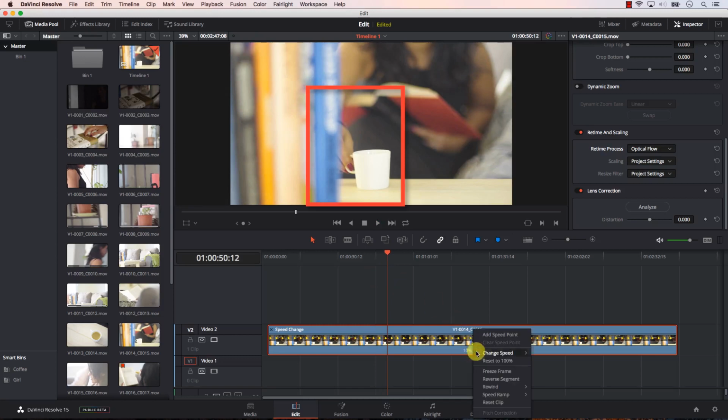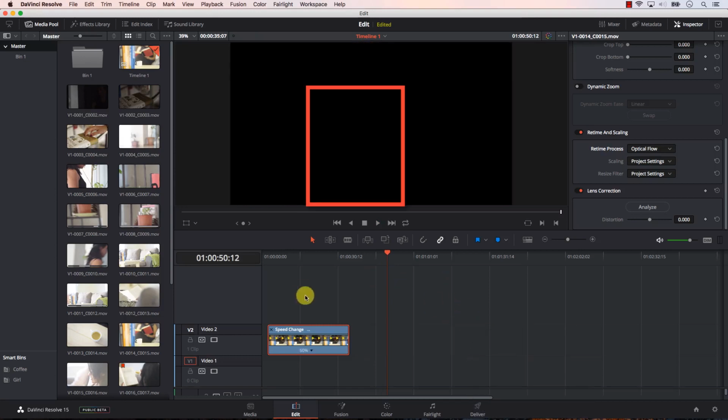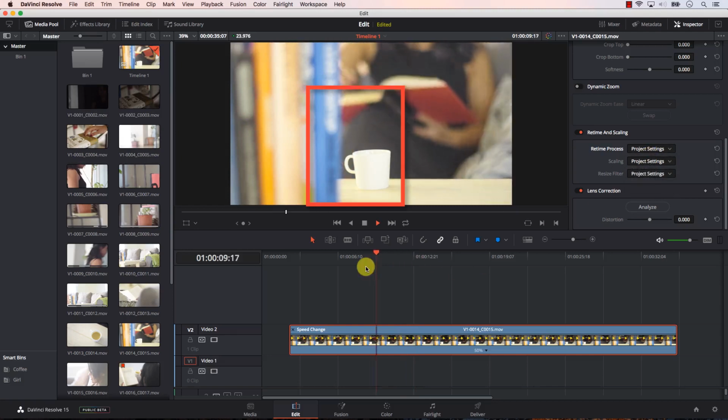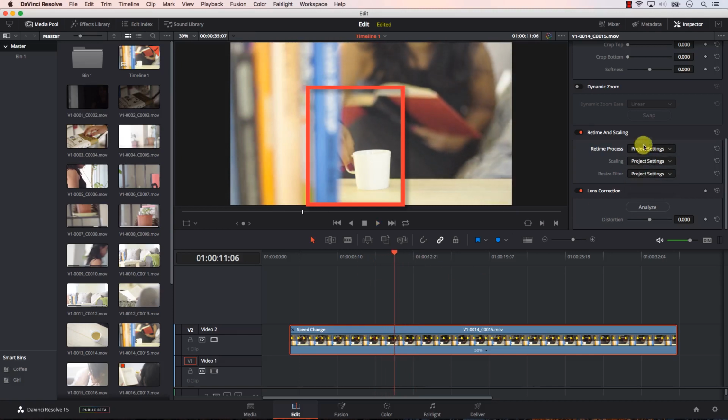But for example, if we switch now to 50% and we play at half speed, notice that now the playback is much better. Again, let's change from optical flow to project settings. And now we're back to the choppy frames. However, if I select optical flow now, and I play, it's much smoother because Resolve now is creating new frames